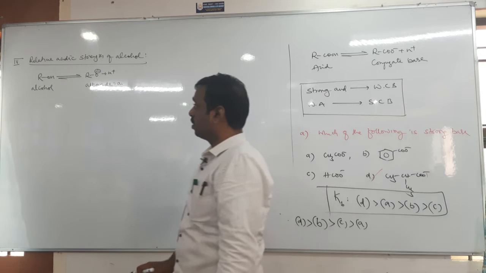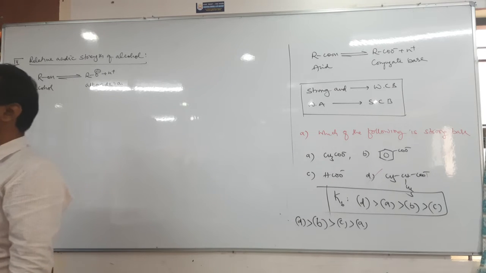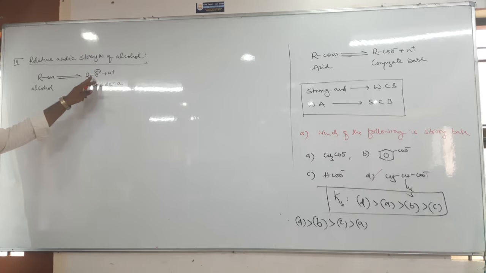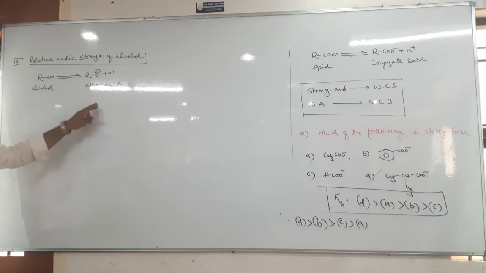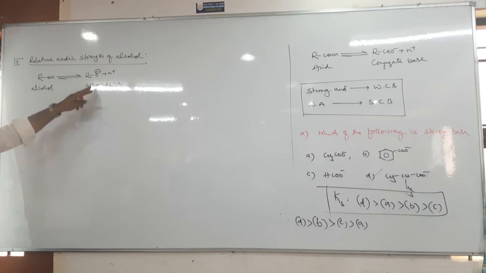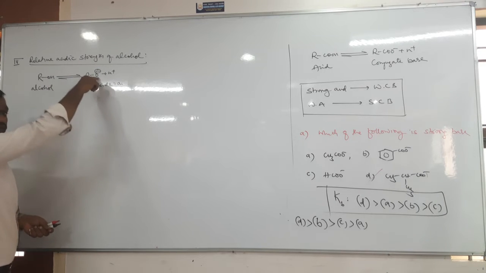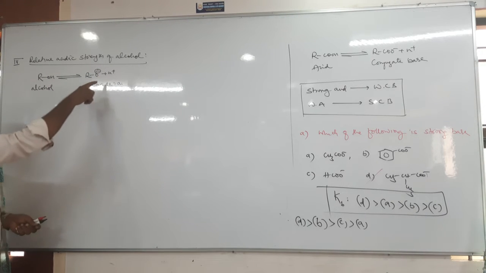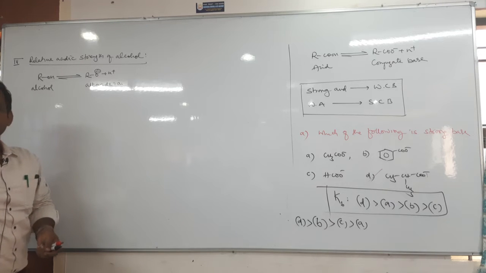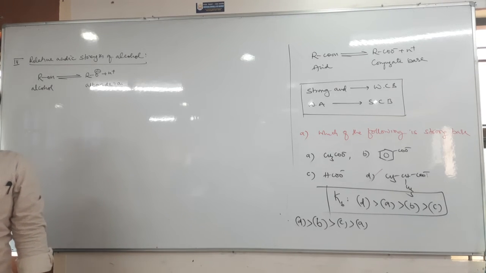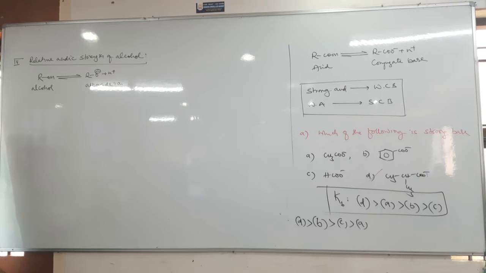Now question, tell me. Acidic strength of alcohol depends on what? Stability of alkoxide. Therefore, similar to carboxylic acid, here also the same concept. Acidic strength of alcohol depends on the stability of the alkoxide ion. That is, the higher the stability of alkoxide ion, the more the acidic strength, because if alkoxide is more stable, it can be formed so easily. If it is formed easily, it also produces H plus ion easily. Therefore, the stability of alkoxide is directly proportional to the acidic strength of alcohol.